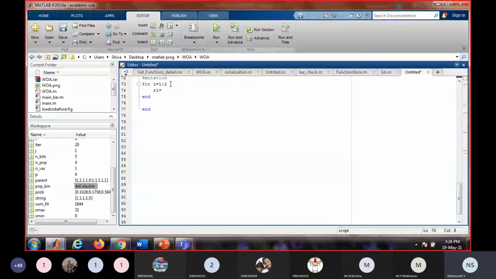So again we will generate a random number. Okay.